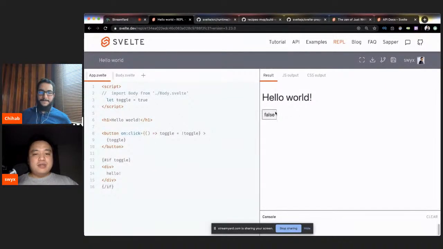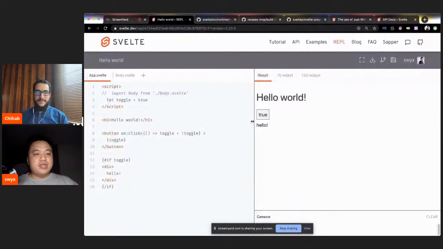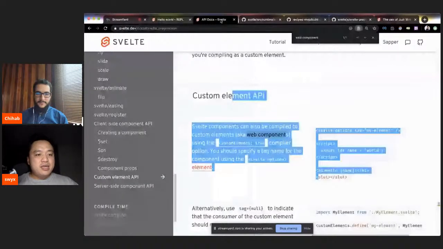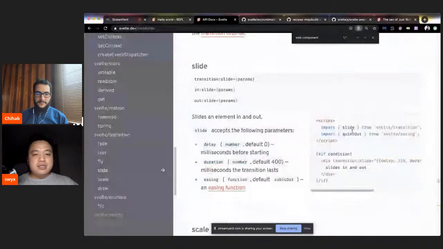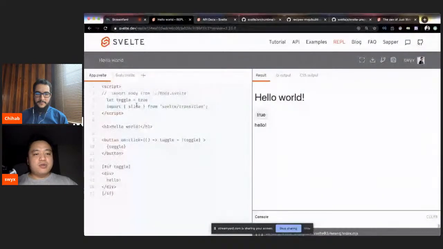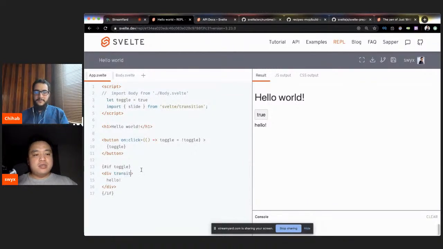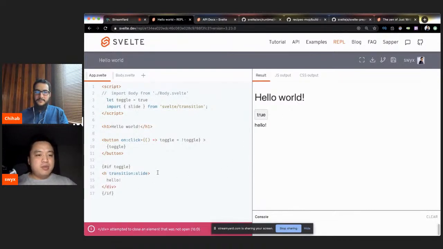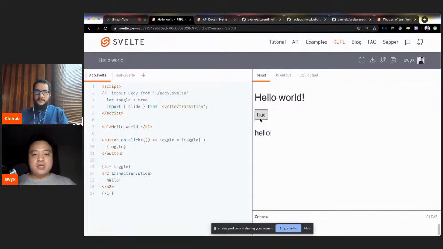So the way that we can start doing animations is we can start importing from Svelte. I basically always need the docs because I don't have this memorized. But I can just say something like Svelte transition, and then we'll paste that in there. So let's say we want a slide. Import slide from svelte/transition, and we can just say something like transition. And Svelte understands how to use this, right? Let me just make this a little bit bigger. So it slides up and down, or you can import like a fly,